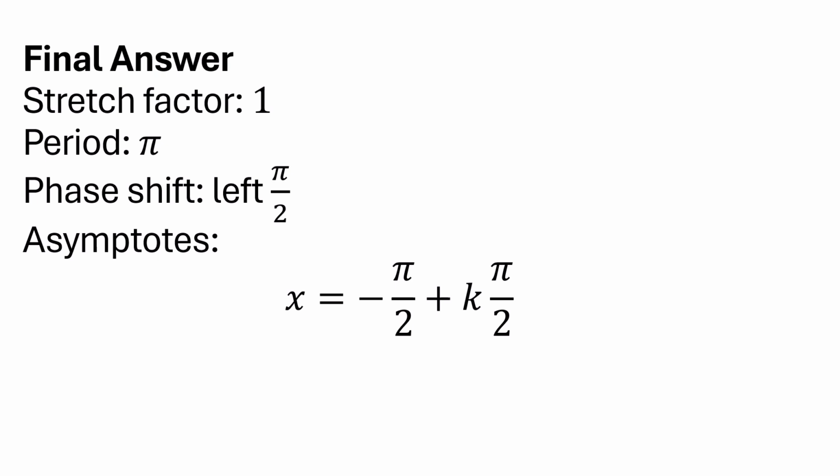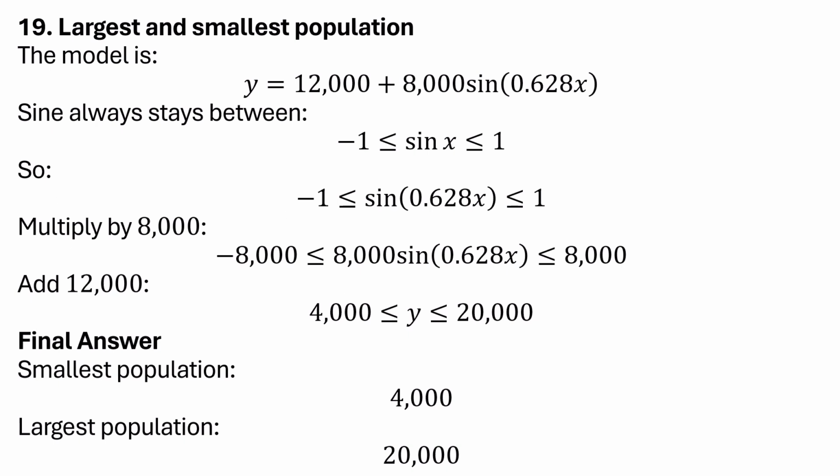To find the largest and smallest population, remember that sine can only go from -1 to +1. Since the amplitude is 8,000, the population can move 8,000 above and below the midline of 12,000. So the maximum population is 20,000, and the minimum population